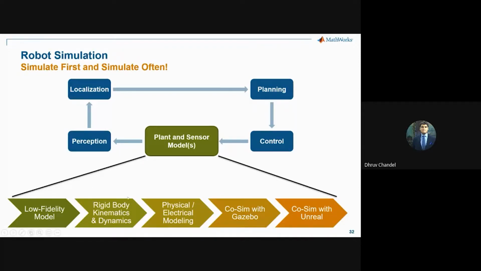You can add rigid body kinematics and dynamics, which we've already seen, forward kinematics. Dynamics, the motor algorithm had the dynamic component also. With the Simscape libraries, you can add physical and electrical modeling. I'll show you a small example.